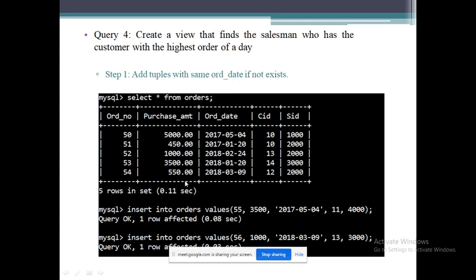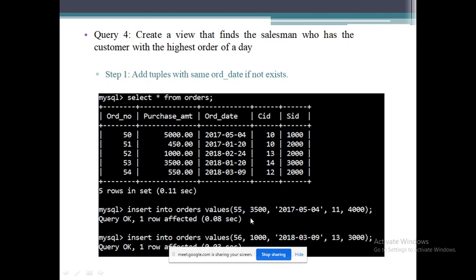Now, if I see the current state of the orders table, all these date values are distinct, right? There is no repetition. That means if you execute, you will get all these values like 5,000, 450, 1,000, 3,500 and 550, because there are no multiple orders, more than one order per day.